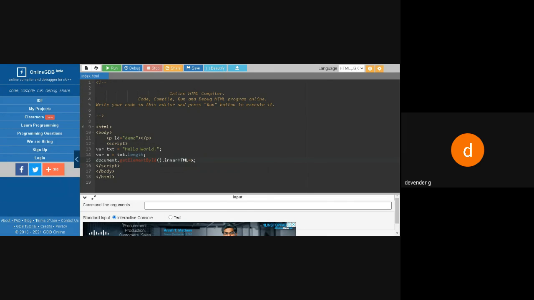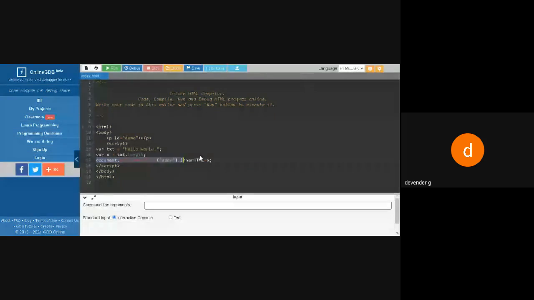Our id is demo. So instead of writing an alert dialog box, I want to print the message, the size of that, on the screen. Now we'll run this and you can see I got the length of my hello world is 12. Are you able to see, ma? Yes, sir.